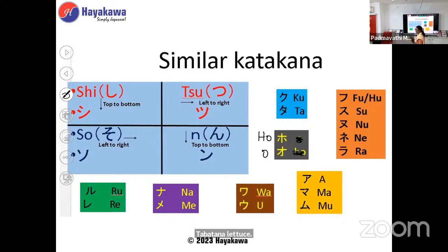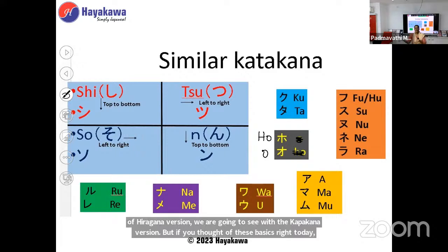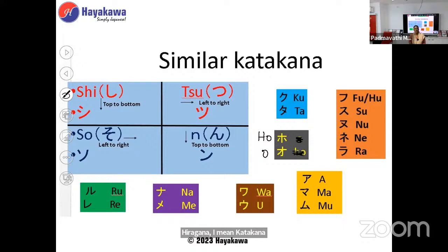So far we saw the basic letters. Tomorrow we will see the extra sounds: tentens, marus, digraphs, which is very similar to the hiragana version. Here also we have gi, gu, maru, tenten, the same, but with the katakana version. Today we saw the full hiragana and katakana basics. If you master this, then that is very simple. So practice this. Tomorrow we will continue with the tenten, marus, digraphs, and extra sounds, and we will read katakana letters, and we will also see typing.